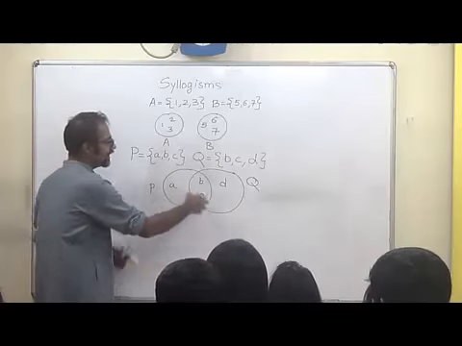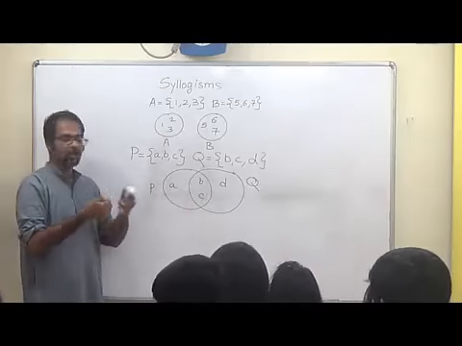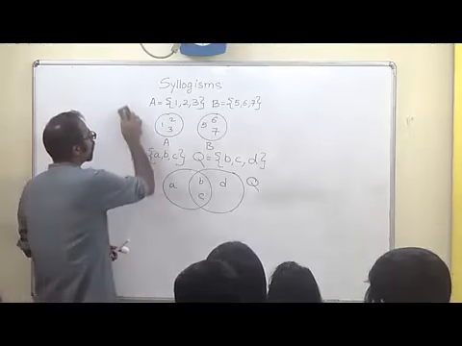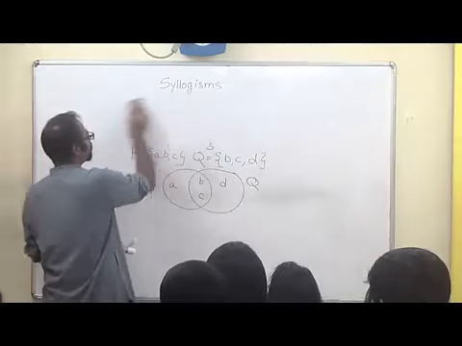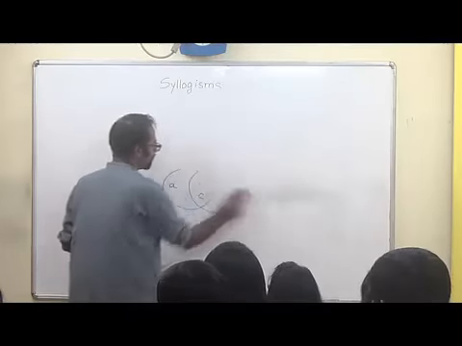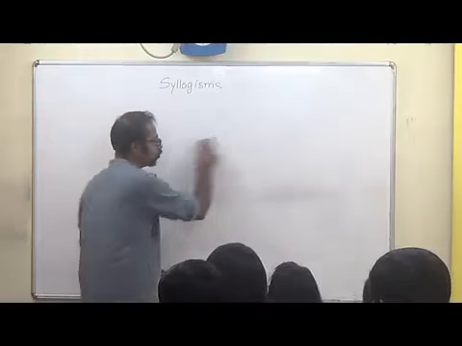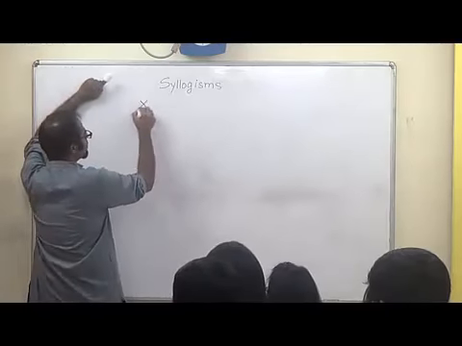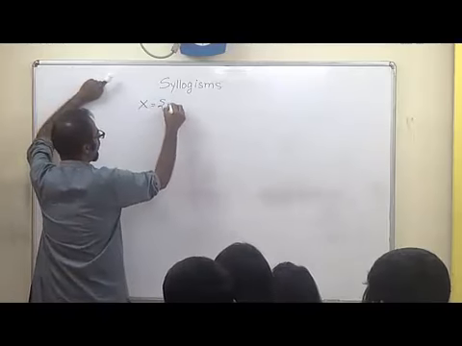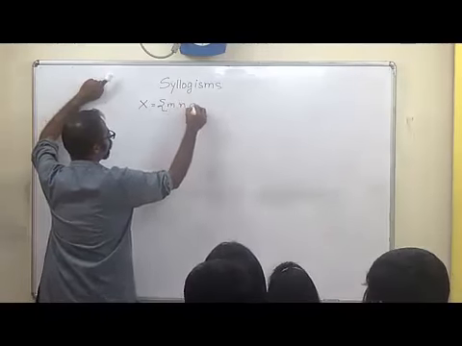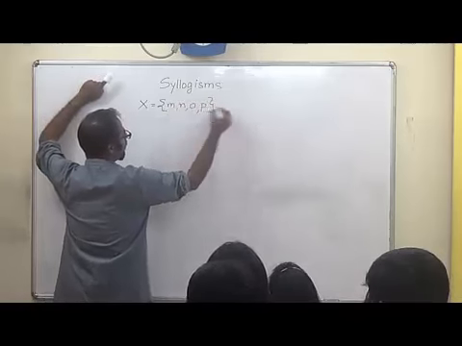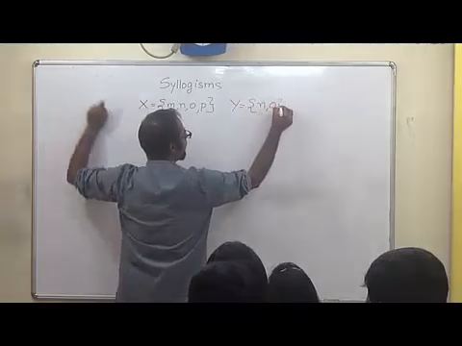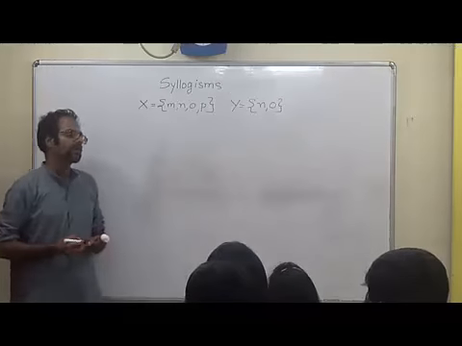So this is known as the intersection of two sets. The common area shows the elements which are common to both. Now, we have seen how to represent two groups which do not have anything in common, and how to represent two groups which have some elements in common. If I say X is the set of elements M, N, O and P, and Y is the set of elements containing N and O, how do I represent this?